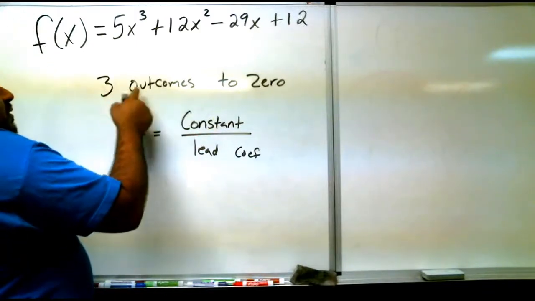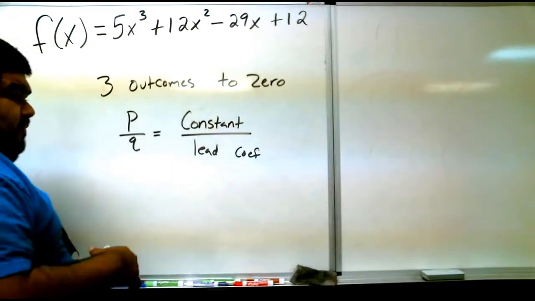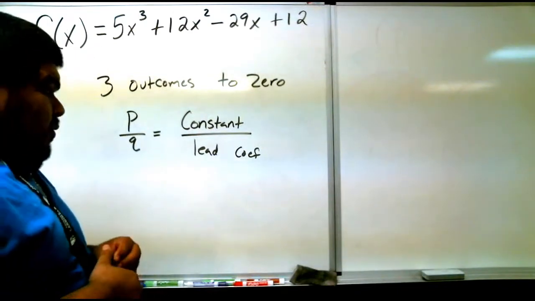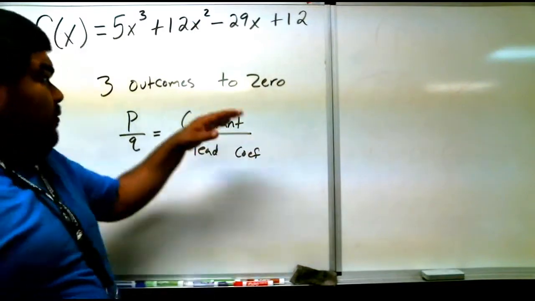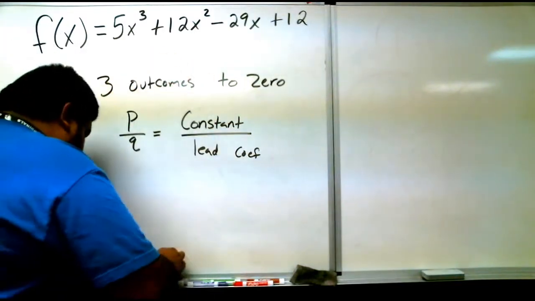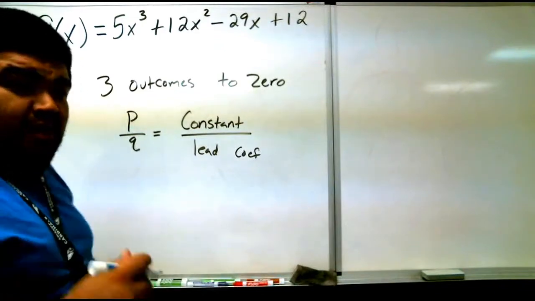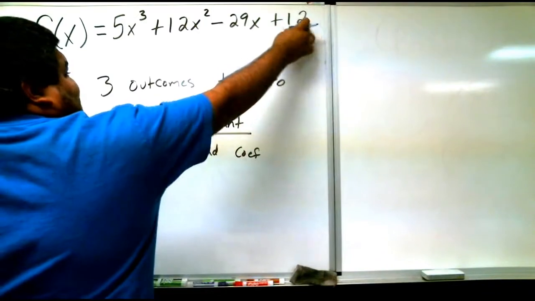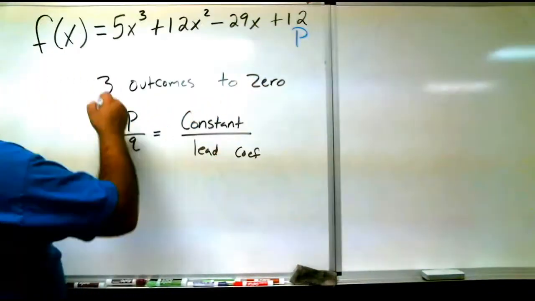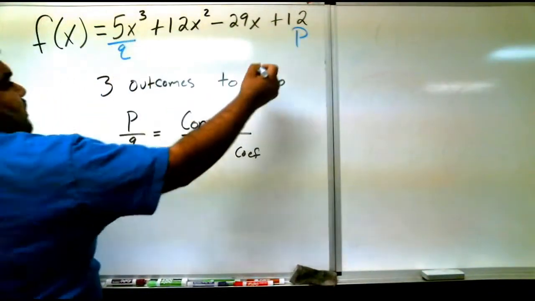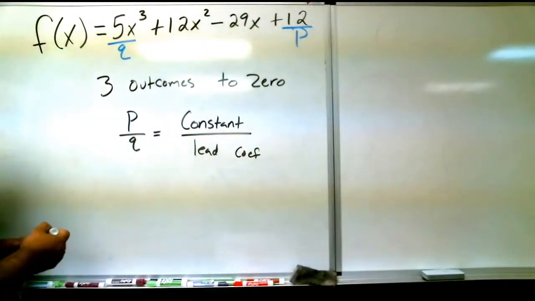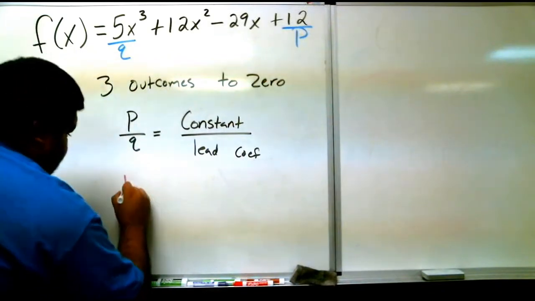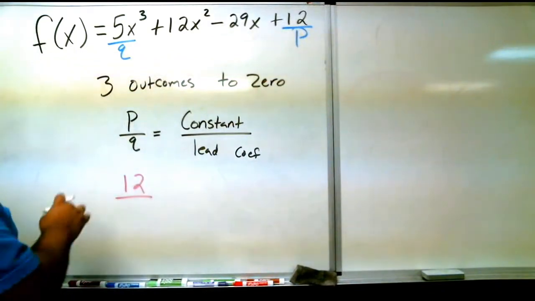Remember, 3 outcomes, P over Q. So now that we know all these rules from previous videos, we can actually solve this equation. We can say that our P over Q in this case is, our constant is our P, our Q is our leading coefficient. So we can say that 12 over 5,